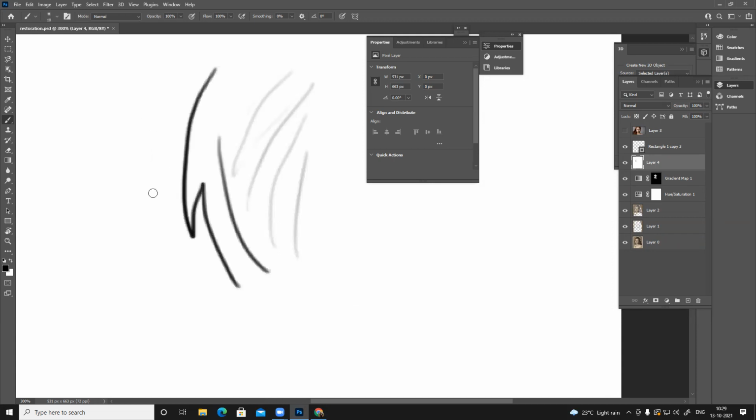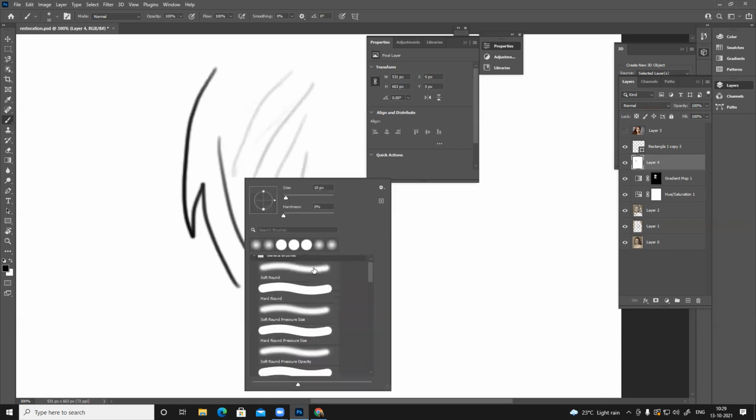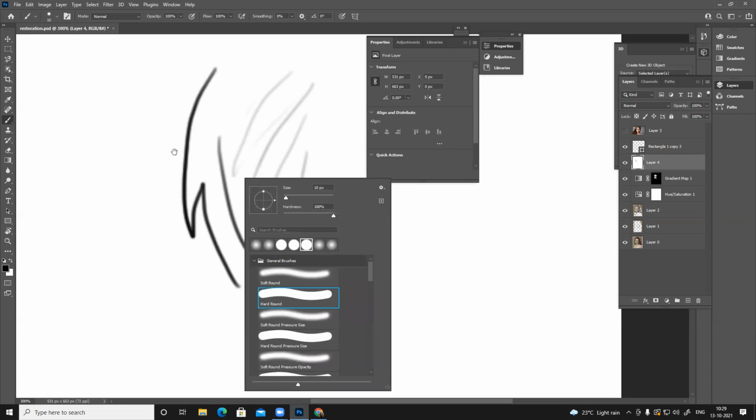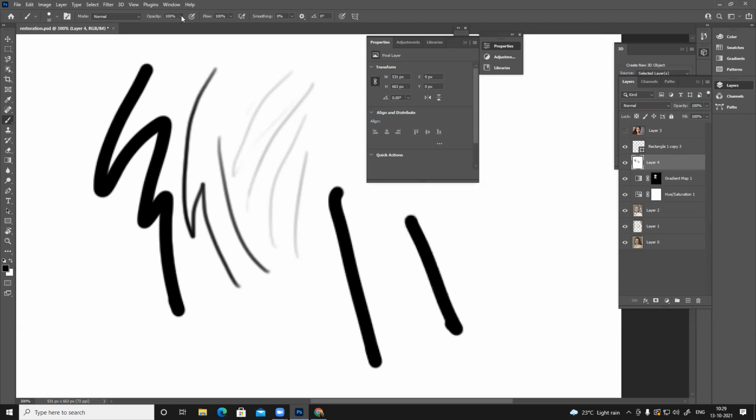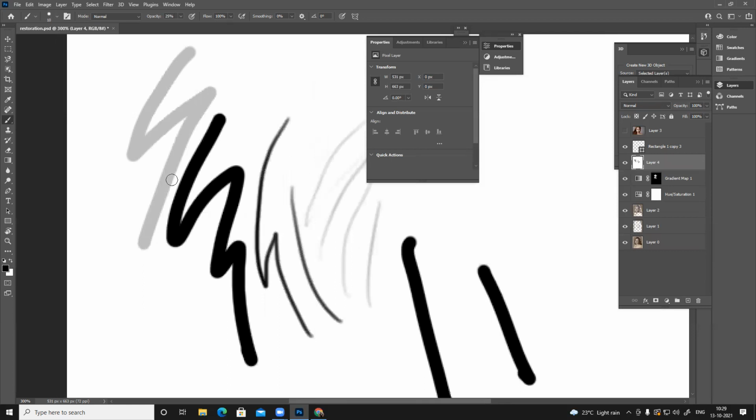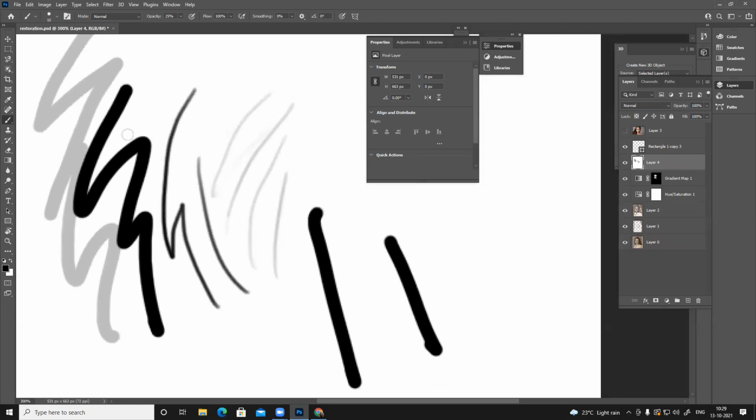So let's see it. I use a standard brush, solid brush. It's a solid brush, right? No matter what it is, it's only a solid hard brush. So if I reduce opacity here, opacity of the color reduced, it becomes transparent, right?